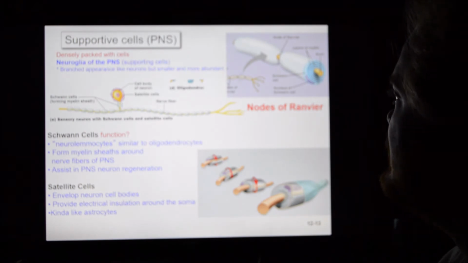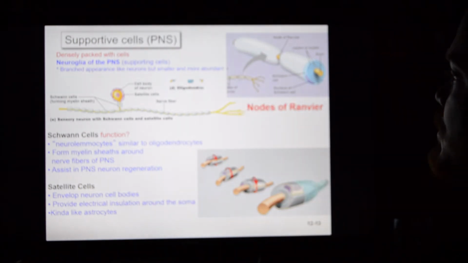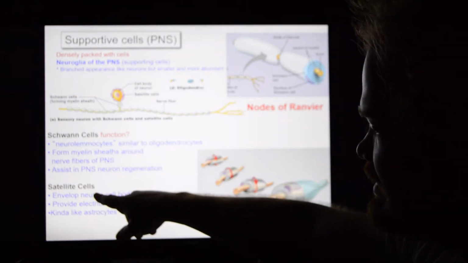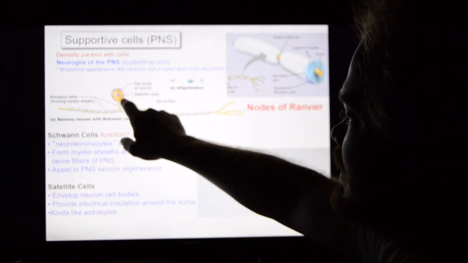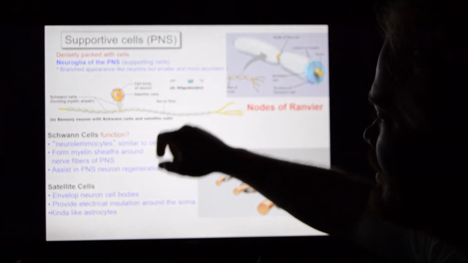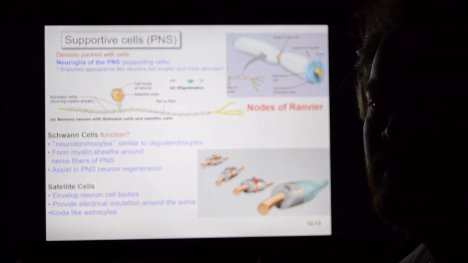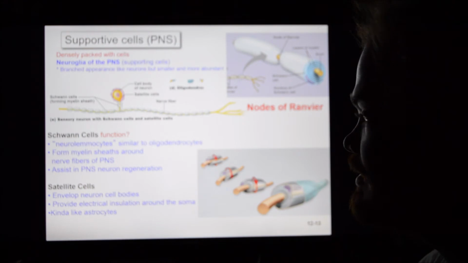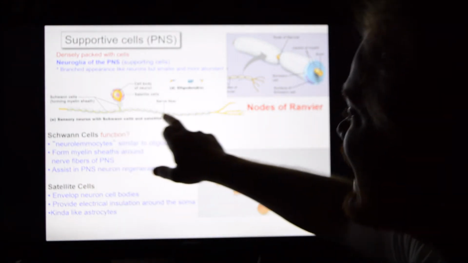Alright, so this is the peripheral nervous system. In the peripheral nervous system, the two cells that I'm concerned with are called Schwann cells and satellite cells. Satellite cells simply insulate the nerve cell bodies in these anaxonic neurons. What am I talking about? Unipolar neurons. And then we have Schwann cells. Schwann cells are the important part. Let me say it again. Schwann cells are the important bit of this. The Schwann cells insulate axons.